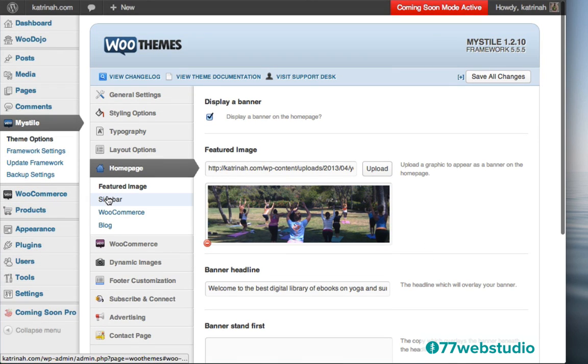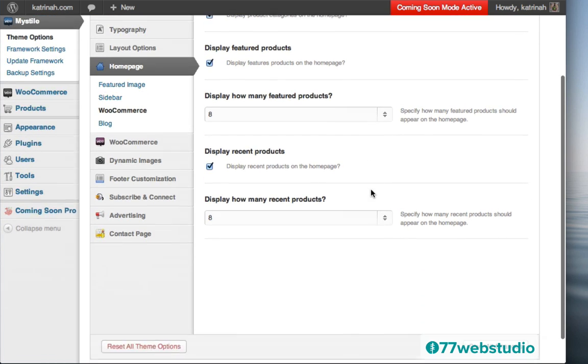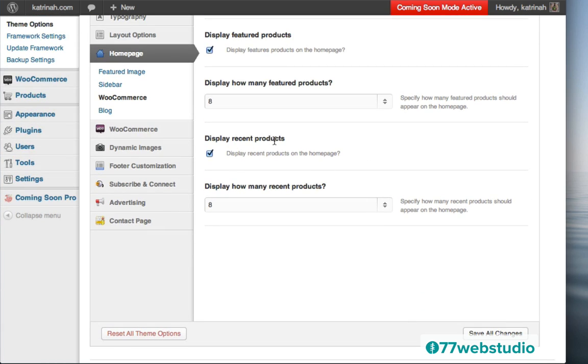And let's see, we also have a sidebar link and a WooCommerce link. So I'm going to click on WooCommerce, and this is where you can select what you want to have displayed on the homepage. So if you want to display product categories, I think I'll do that. Display featured products, yes, I'll do that. And let's see, here where it says display recent products on the home page, I don't want to display recent products.